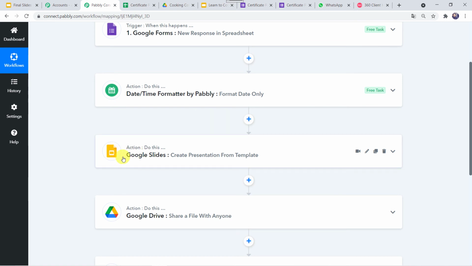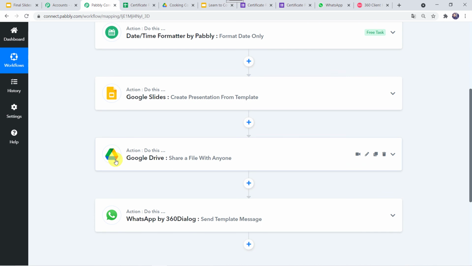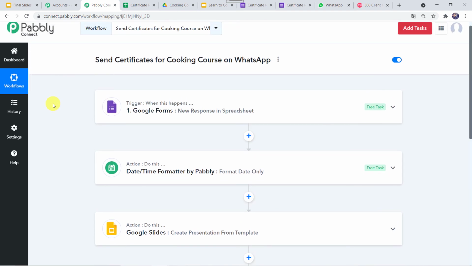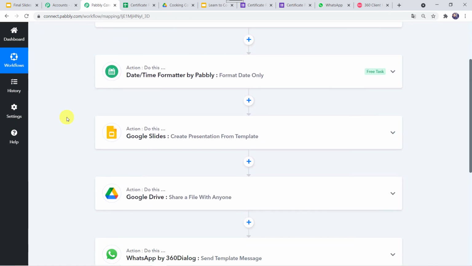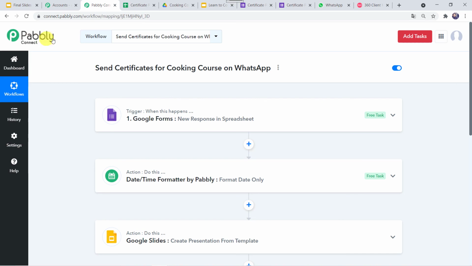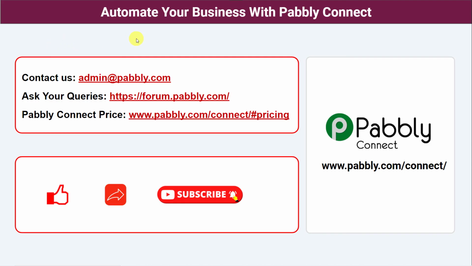The same certificate should be saved into the Google Drive as a PDF file so that we can share it with anyone. And at last, it should be shared on the WhatsApp number of the participants. So in this way, we have created the successful integration between Google Forms, Google Slides, Google Drive and WhatsApp using Pabbly Connect.